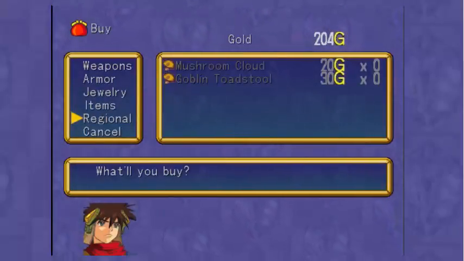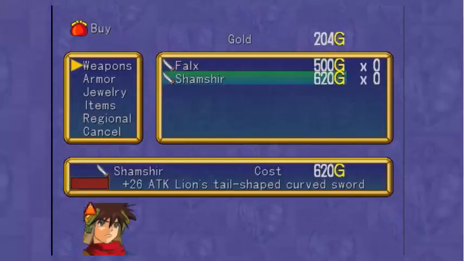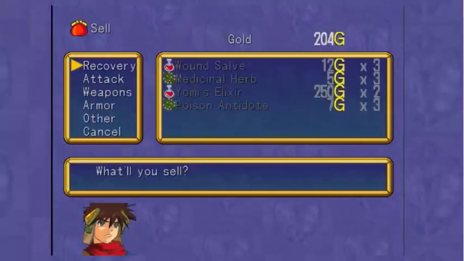Well, change depending on town, really. A lot of times, towns will share 1 item. And that's mostly because of regional. If you're in a different region, you'll get different items, obviously. So for now, I do want to get the new Shamshare, so I need 620. I am going to sell...